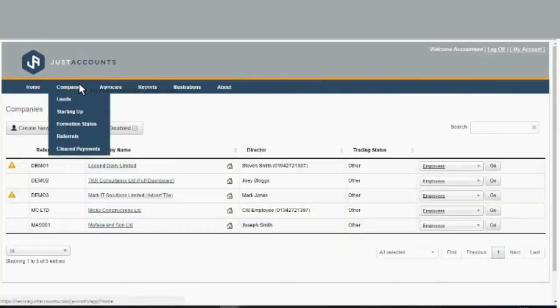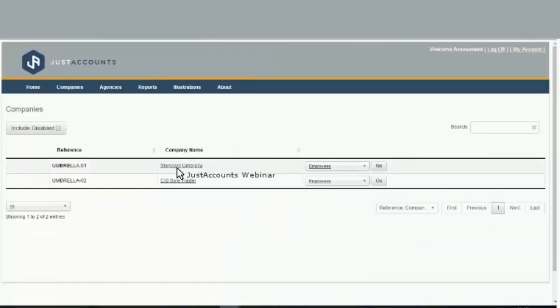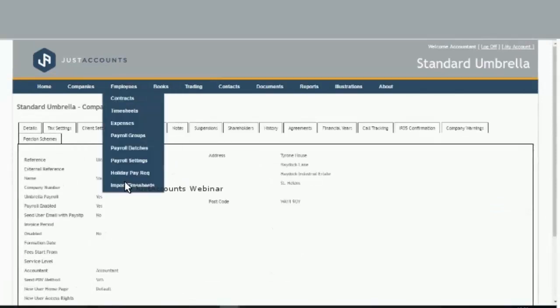The next feature that we have done is actually in our umbrella system. So I'm just going to go into the umbrella system now. And one of the things we have done is now added the ability for you to import different timesheet templates that can be customized and maintained. If I hover over employees and click on import timesheet,